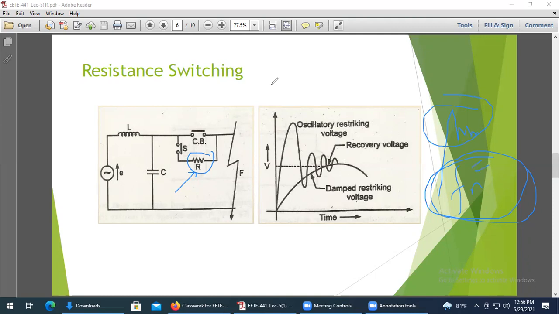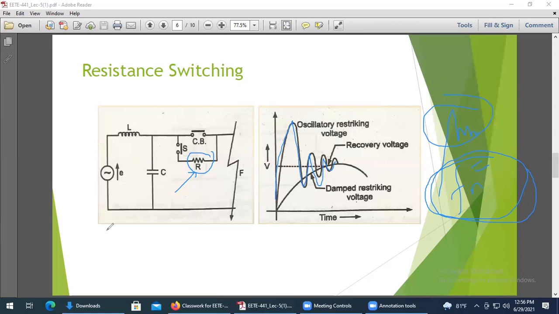This damping can be provided by some external resistance that will be fed before, or eventually it can be provided by another means, which is by connecting very, very large machines in the system, so that the oscillations due to this high frequency are prevented. Whenever the frequency becomes very high, the oscillatory component is also very high. So if you can neutralize this oscillatory frequency component, or the TRV high frequency component, then eventually TRV will not create any problem.